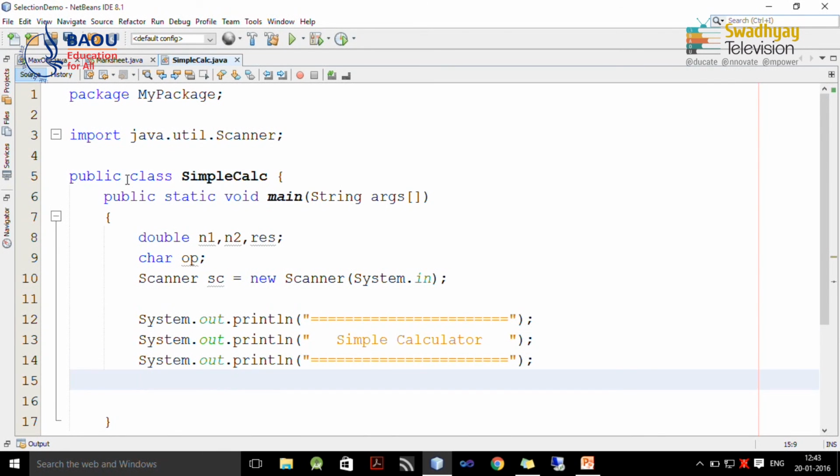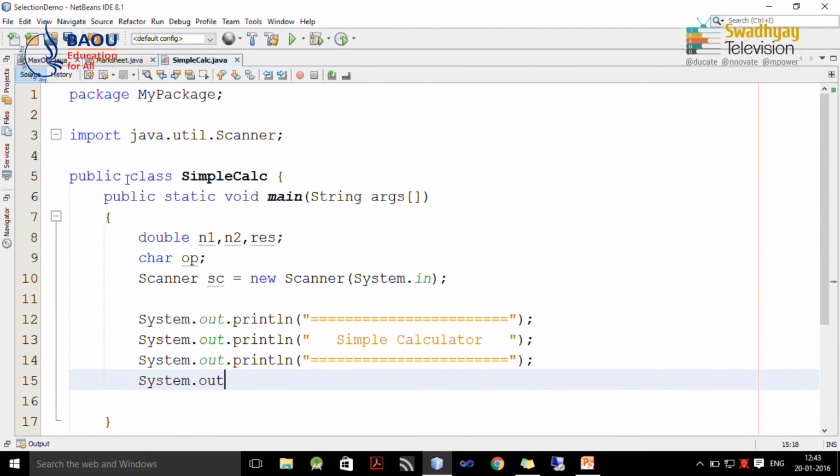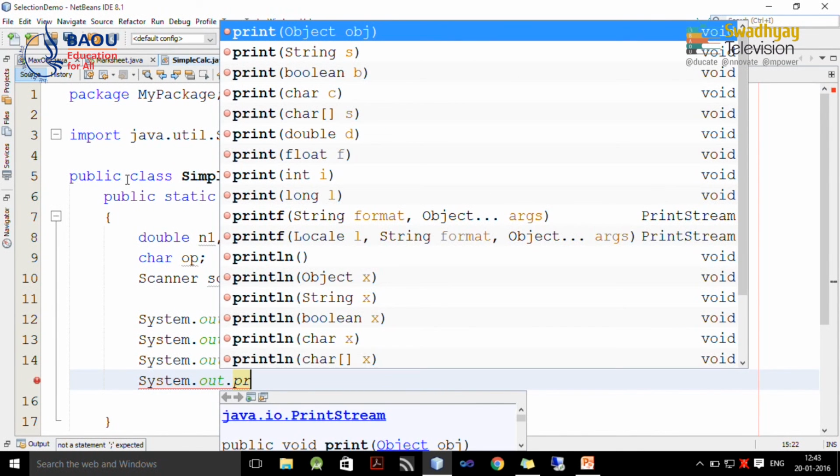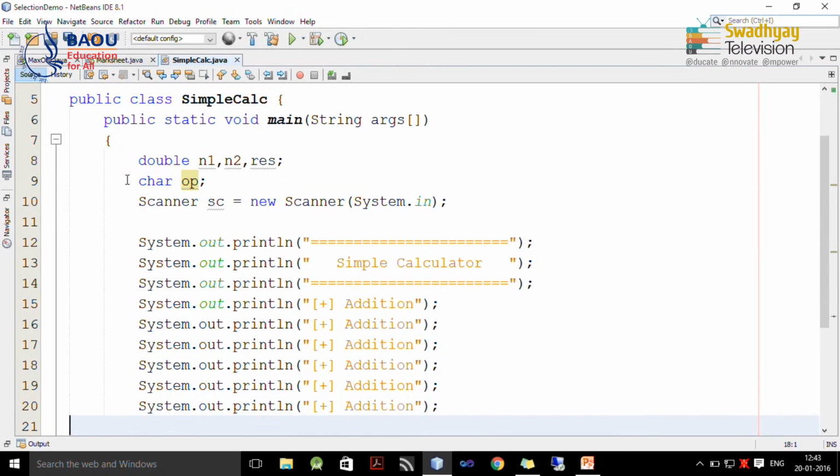So this is our heading. Next we instruct the user what to enter. For example, if the user enters plus, it means he or she wants to perform addition. Similarly, we provide other choices. So minus represents subtraction,